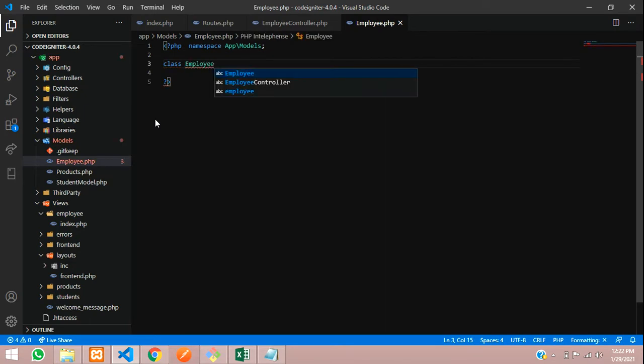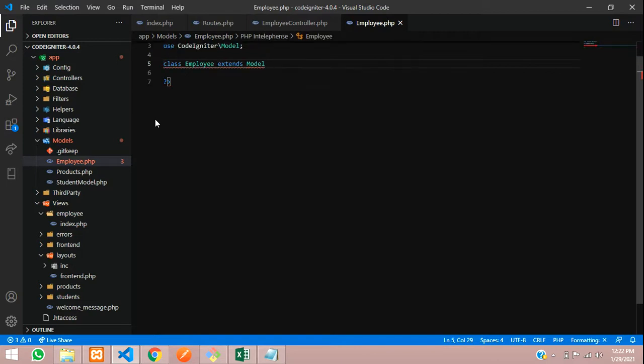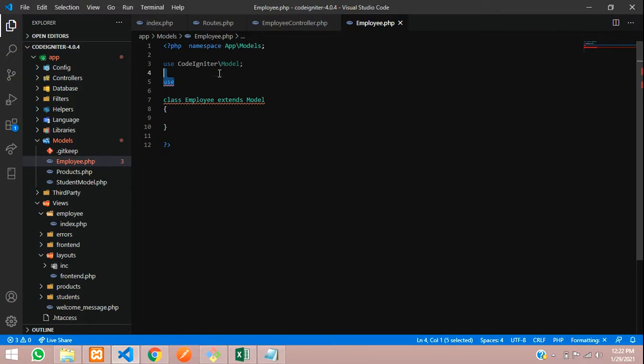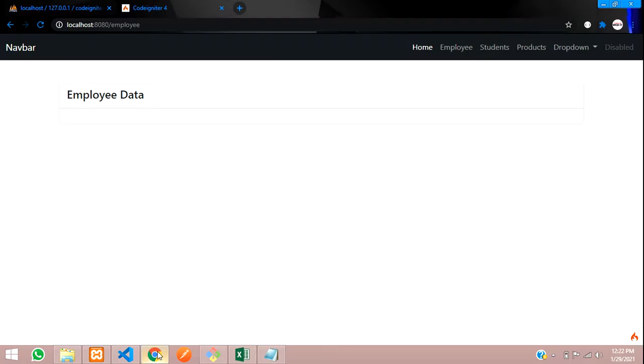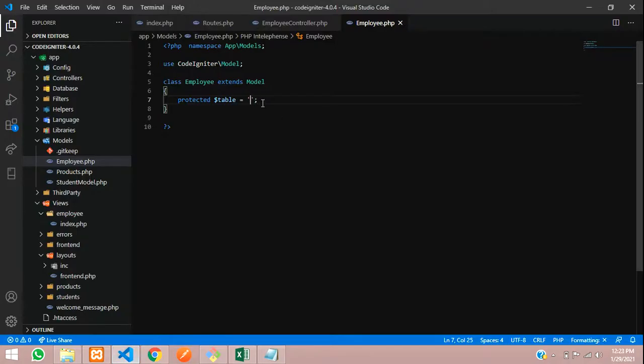So this will be my employee model, Employee, which extends Model. Then open and close the braces. This model will be used from your CodeIgniter. Let's use that. You can see that it's imported at the top directly. When we hit enter, it automatically imports. You just need to install the extension for that. And now guys, let's give a protected table name first. My table name is nothing but employee. So let's copy this table name and paste.